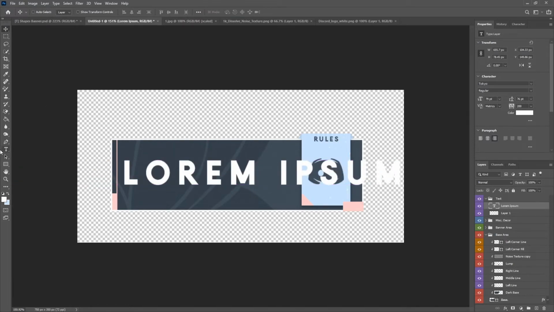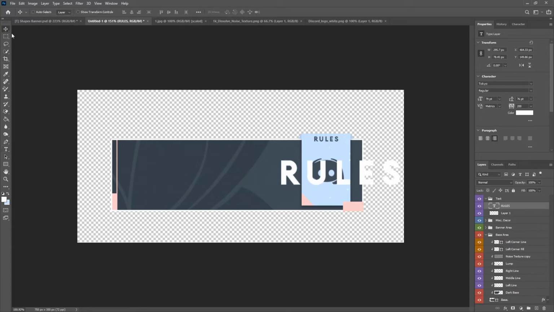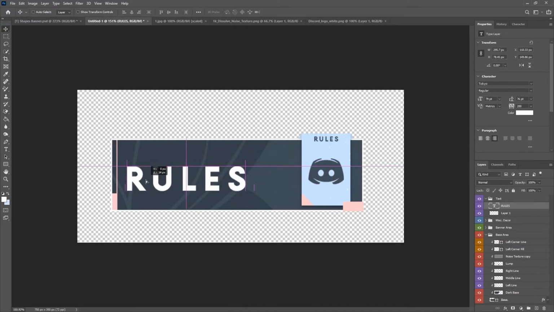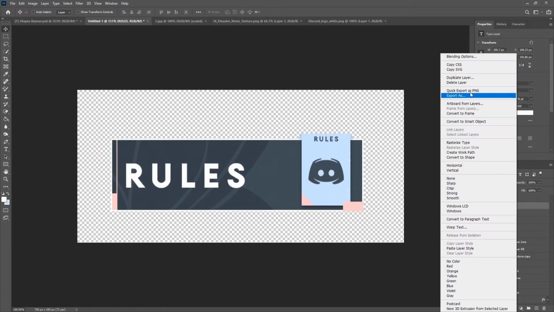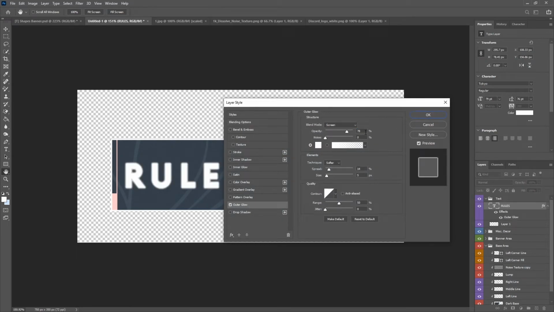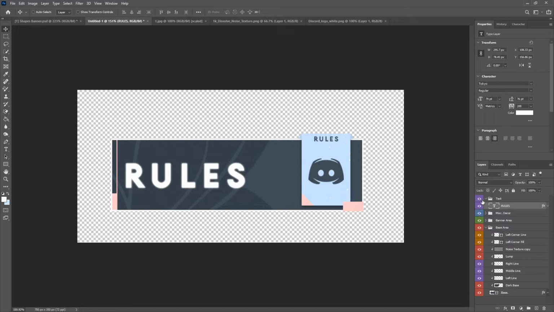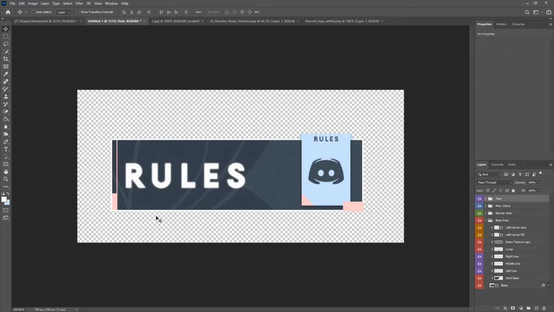And we do not want lorem ipsum, we want rules. Go ahead and drag that across, make sure it is centered. It is. Now right click, blending options, go over to outer glow, and we want 75, 0, 2, and 4. We can delete this extra layer, and we can collapse this rows text group, because now our text